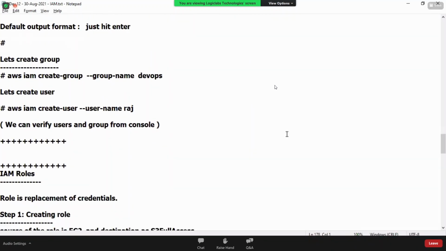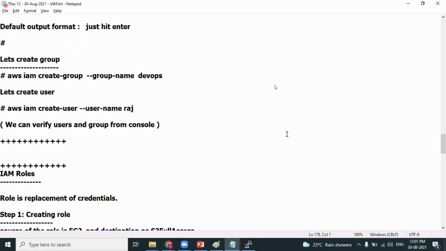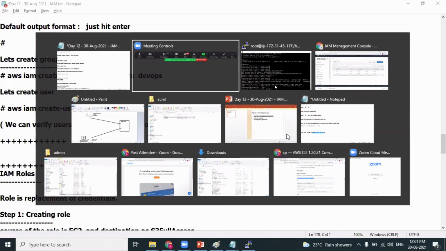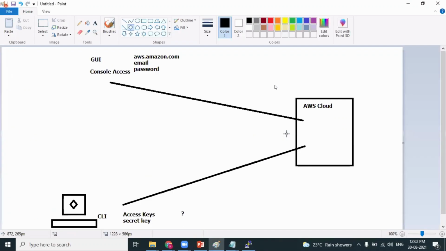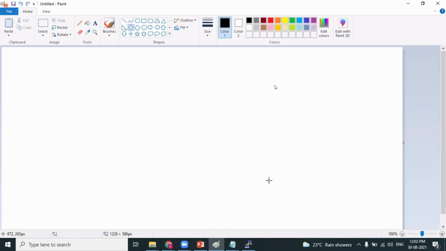Now I am introducing the concept of roles. Before explaining what is a role, I directly create a role for better clarity.